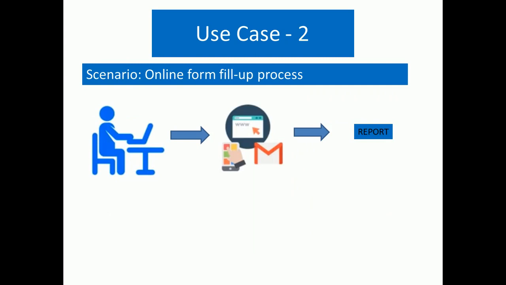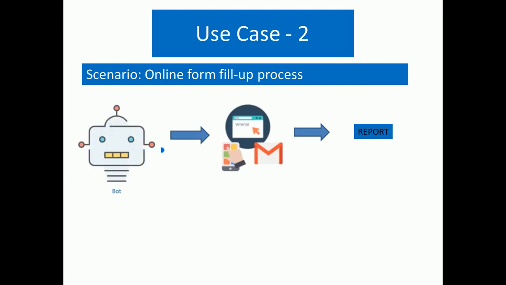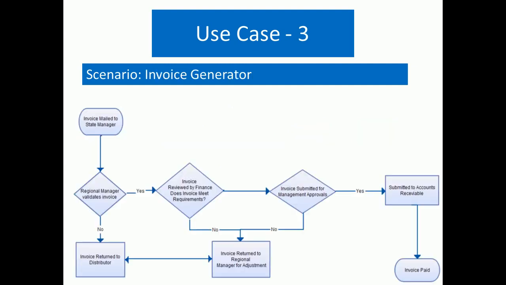Then the next is a simple use case, the scenario of an online form. You are filling in an online form and submitting it, and then we get the result that the form is successfully submitted or not, right team? Now this human action is replaced with the bot. Whatever the human does to fill up all the fields or details is done automatically by the bot. This bot helps you fill up all this data, and then it is submitted automatically, and then we get a result. This is another scenario to understand the RPA concept.